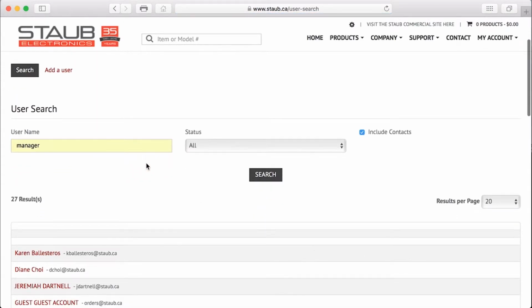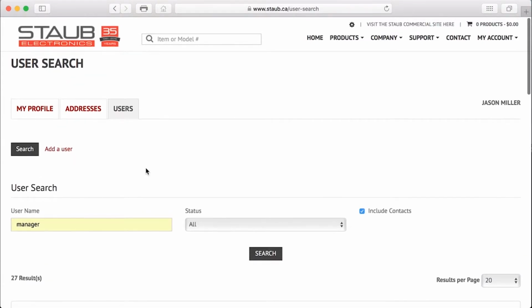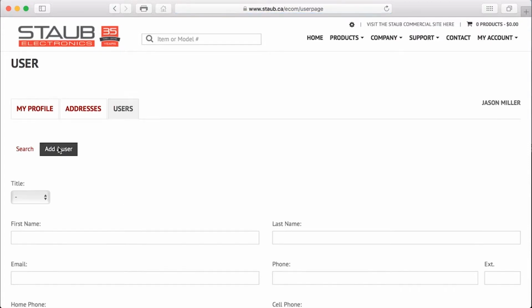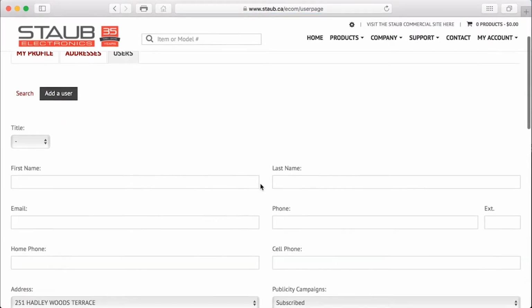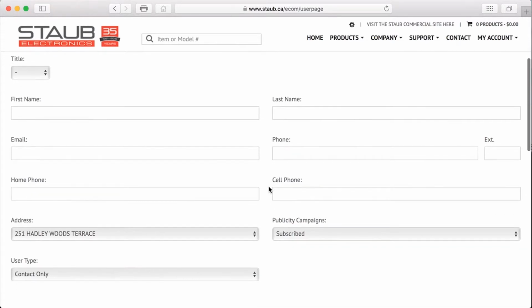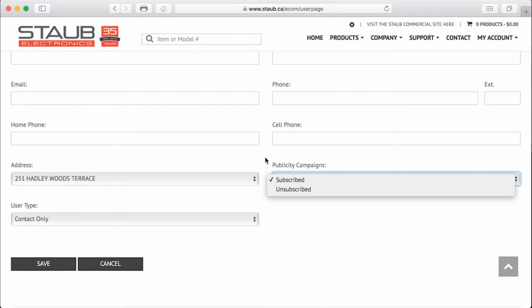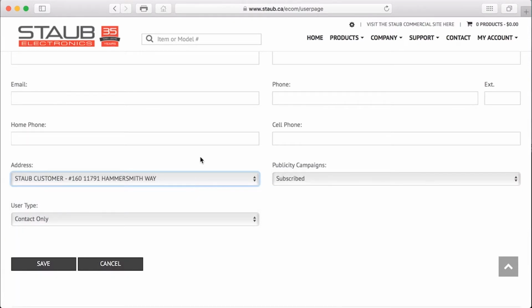And for the purpose of this demonstration, there are a myriad of different users, but you can simply select Add New User. You would assign them the specific contact information, name information, what have you. If they're going to be subscribed to any Staub-related outgoing emails, you would choose an address you may have on